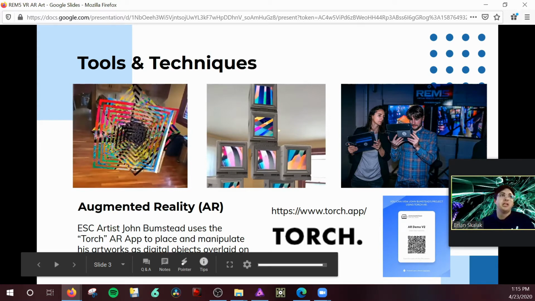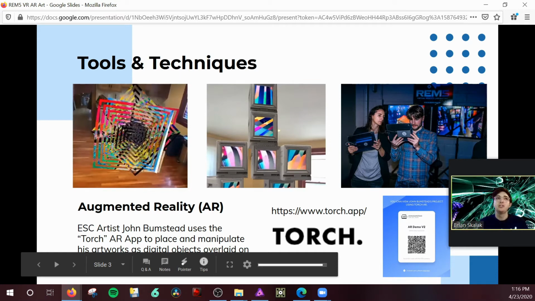John's been using augmented reality through an app called Torch to utilize a lot of the digital and glitch art that he makes anyway. Some examples you can see here are his pieces floating in space, or the one in the middle being utilized inside of a 3D model, so that you can hold up an iPad or your phone and see them in space and walk completely around them,